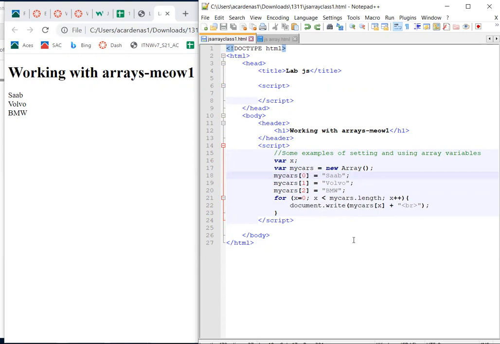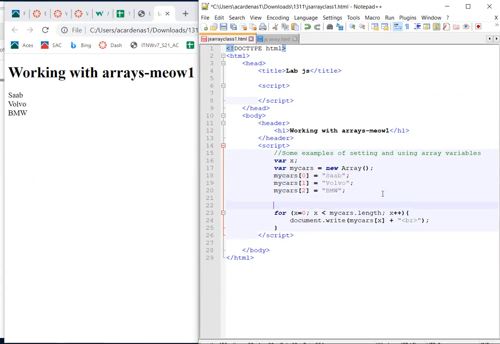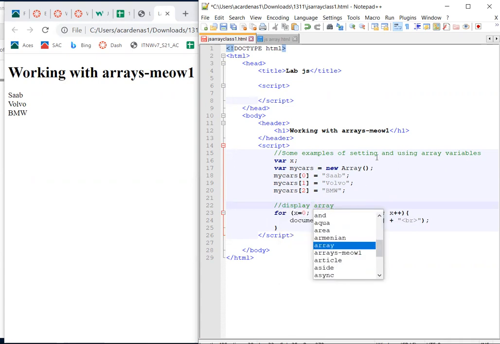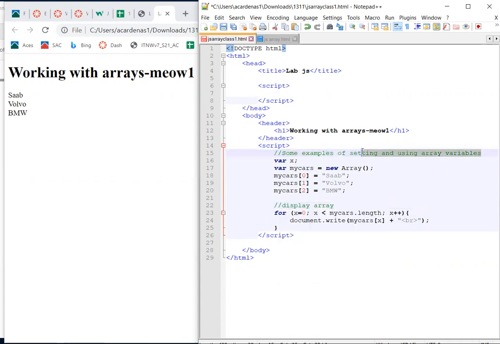All right, so that is an array. This is an array here, and we determined what was in the array, and then we display the array. So actually, if I were to put comments, I can say display array, and instead of this some examples, I could put something like,